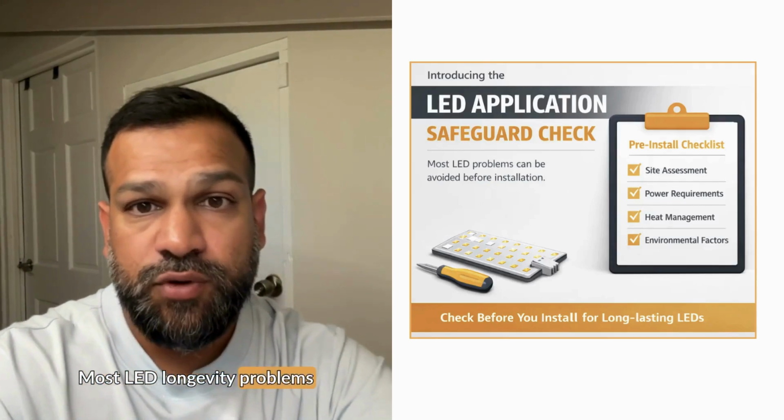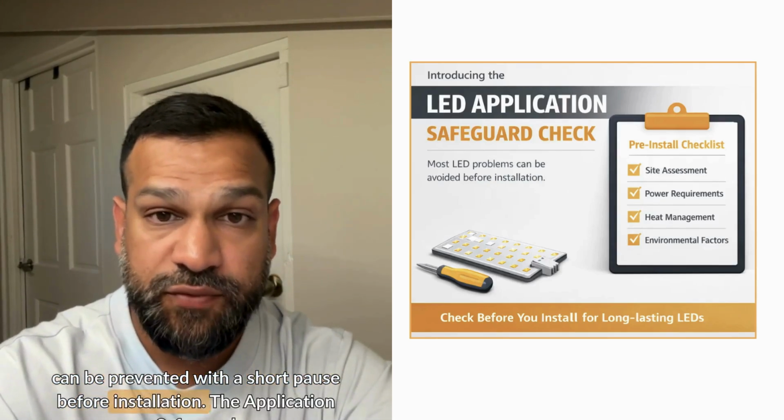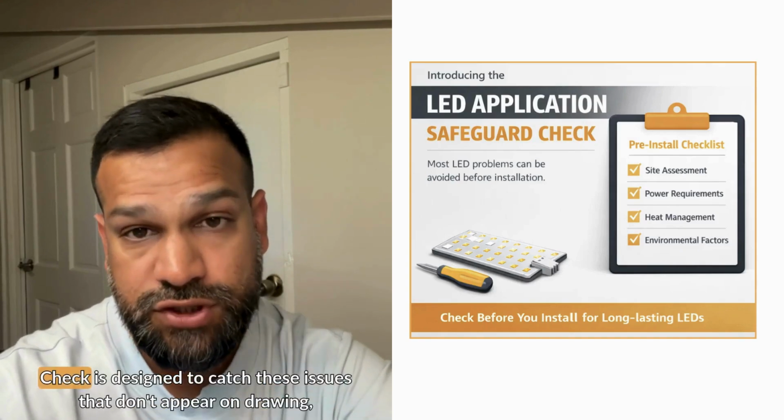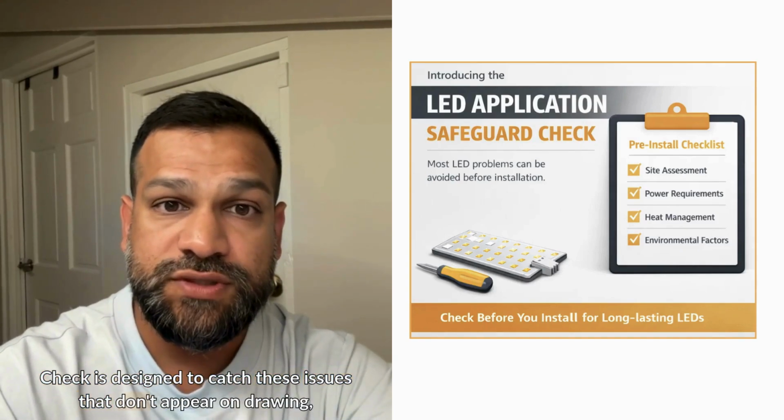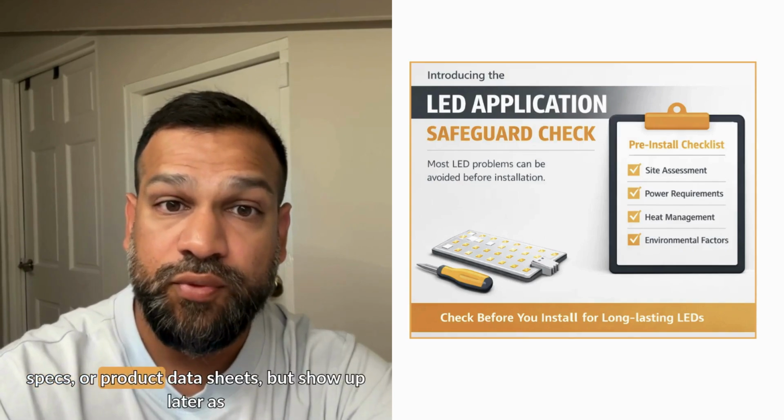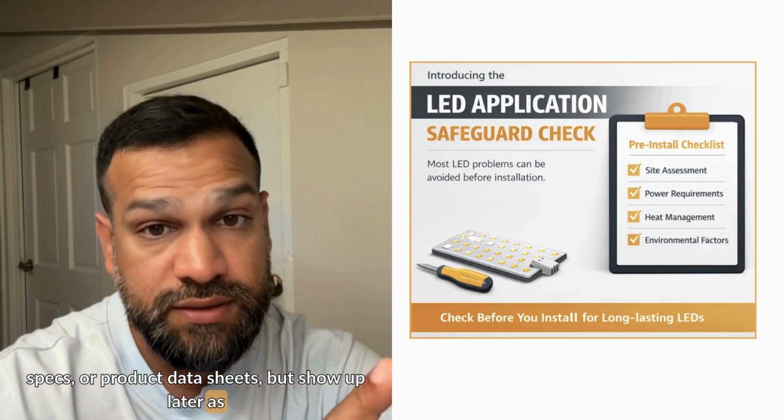Most LED longevity problems can be prevented with a short pause before installation. The application Safeguard Check is designed to catch these issues that don't appear on drawings, specs, or product data sheets, but show up later as performance